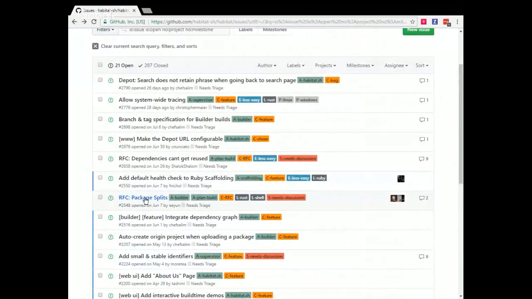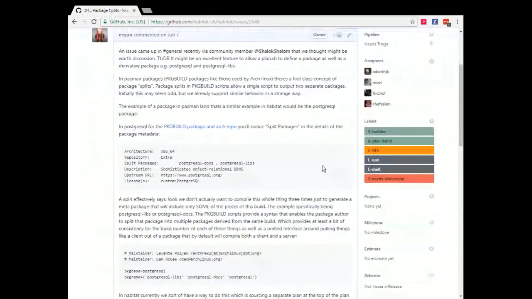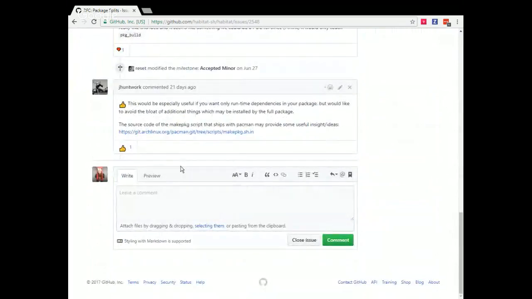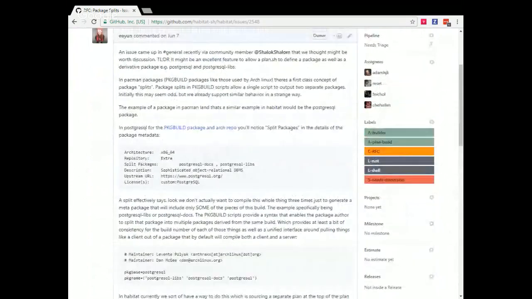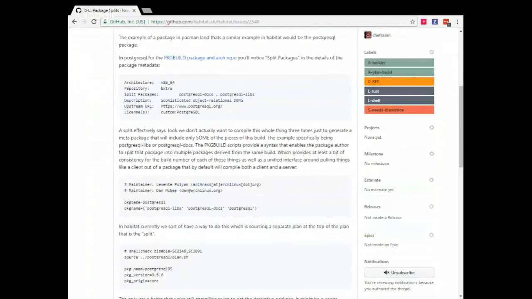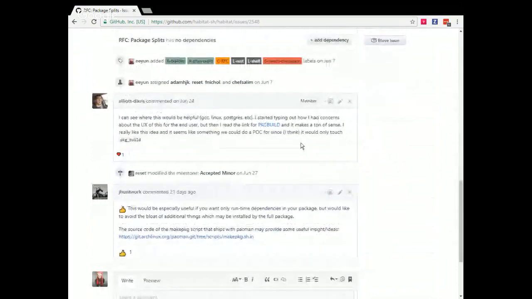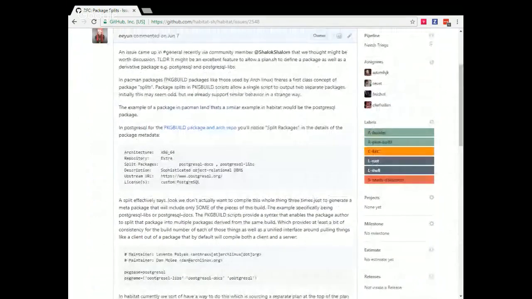We're going to move on to 2548. This is one that we've had lots of discussion in Triage about. What we're doing right now with our RFCs is we're keeping these open. We're not dumping them into a milestone, because with an RFC, until we get an appropriate level of interaction, we don't want to necessarily accept something or mark it as denied, what have you. So this package split RFC is probably a wide-reaching change. Would definitely be worth looking through if you haven't looked through it yet and giving your comments and thoughts on it.